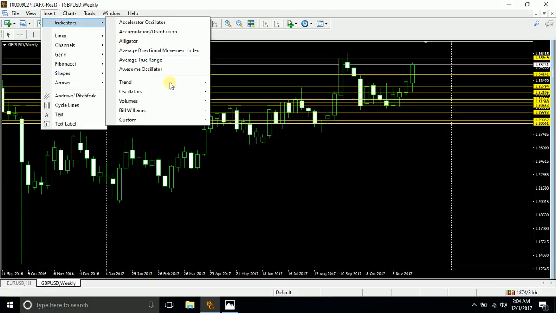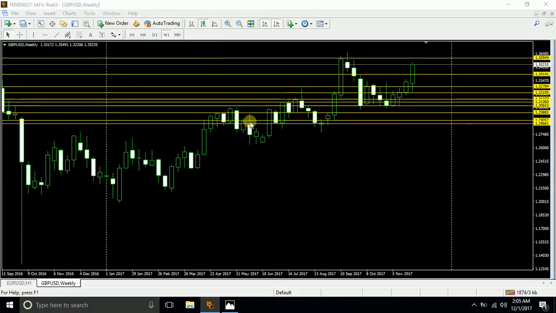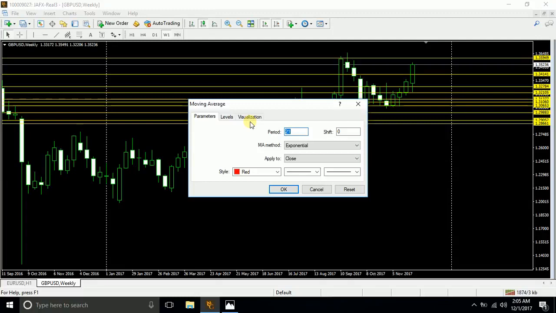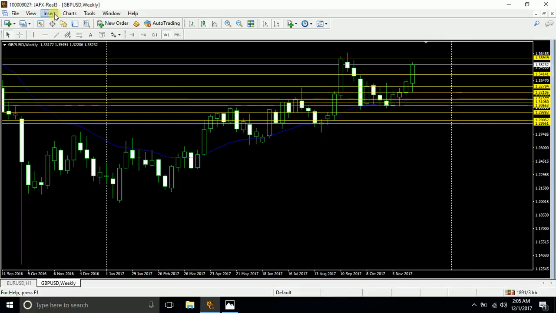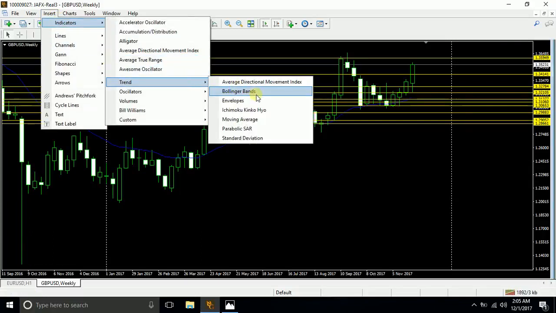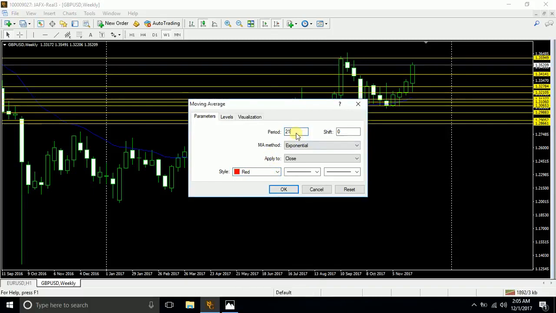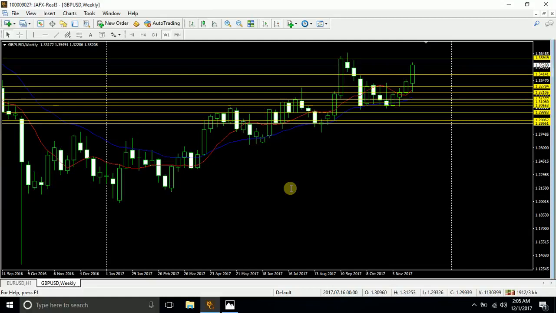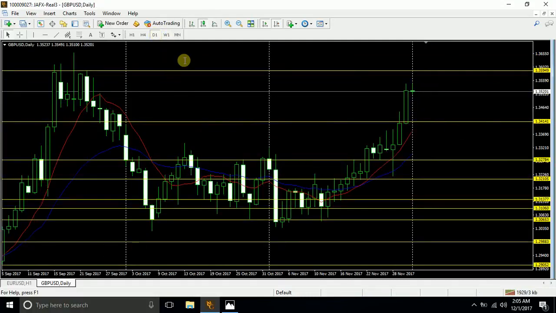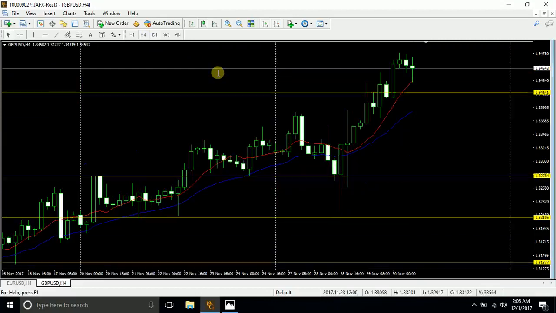Levels. Now, insert indicators, trend, moving average, 21. I believe that's going to be blue. Insert indicators, trend, moving average, red, 8, simple. Got it? Good. Now, look at the daily, 4 hour,